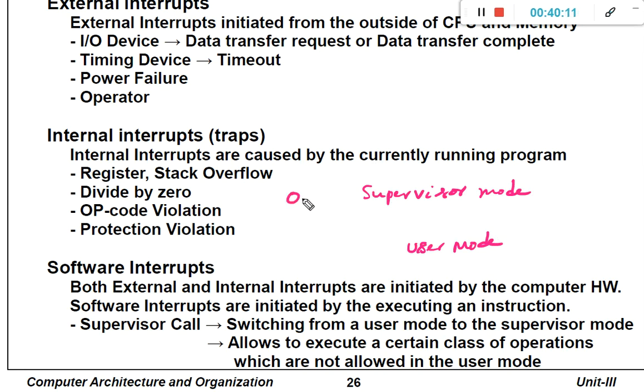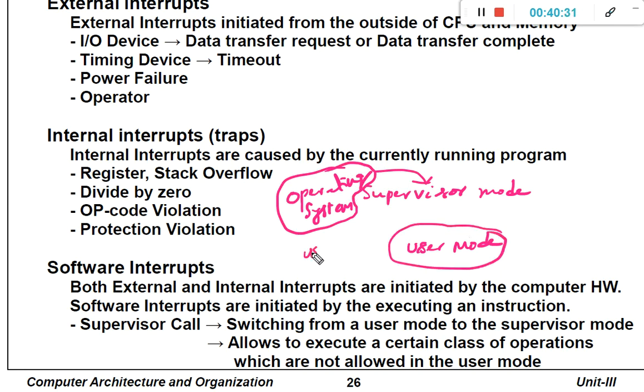The operating system is also a group of programs. The operating system programs are executed in supervisory mode, and the user programs execute in user mode, and there is continuous switching between the supervisory mode and the user mode.